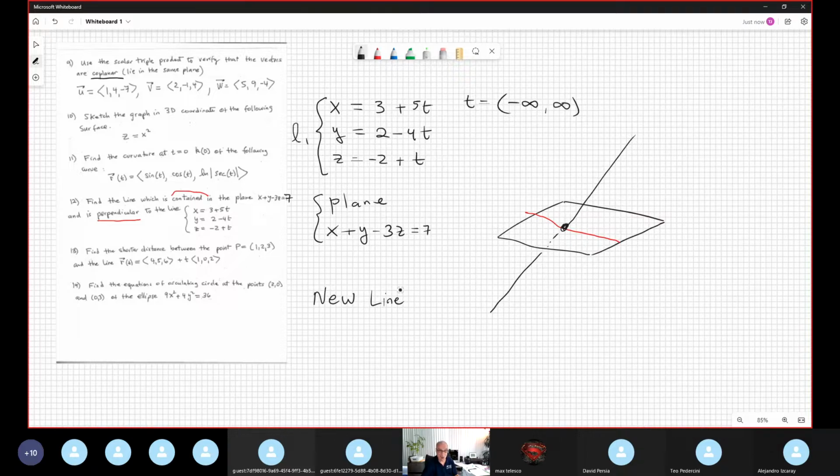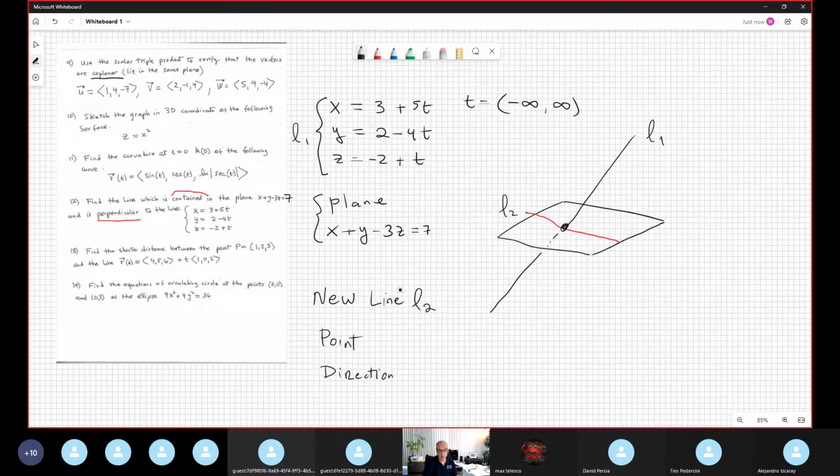Let me call this line 1. I need to find the equation of the new line, which I call line 2. You take the parametric equation of line 1, substitute into the plane, solve for the t value, and plug in again component by component, and you find this point. So we find the point in a few seconds by hand. How do you find the direction vector